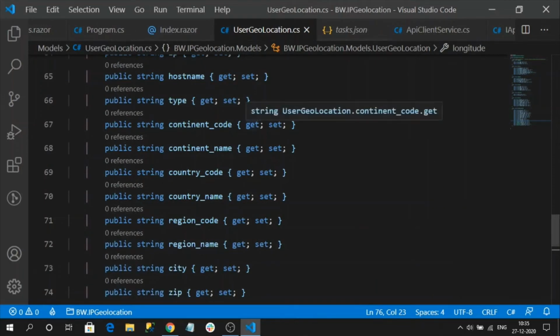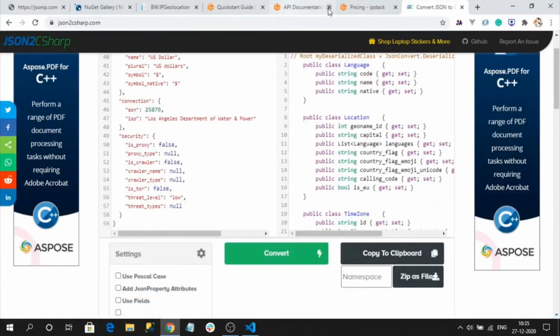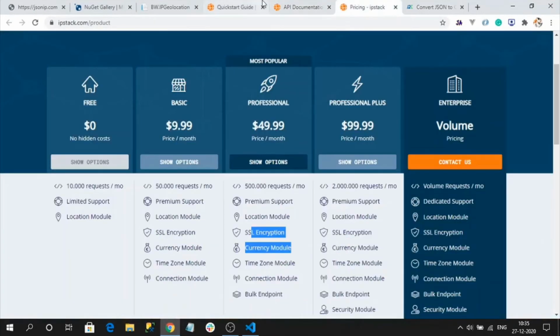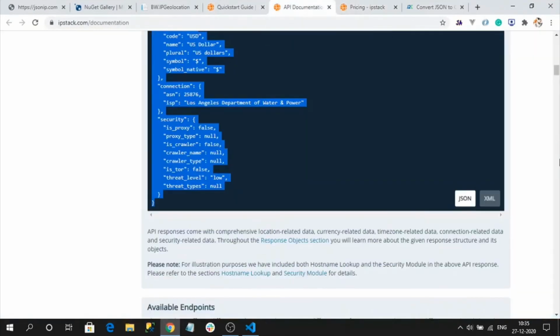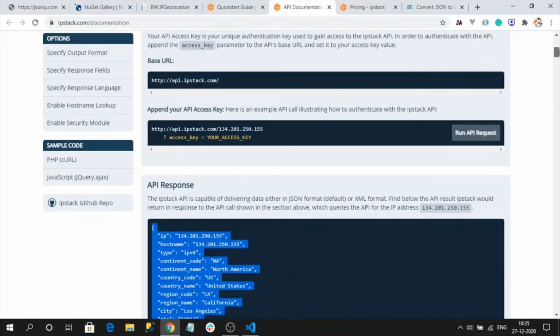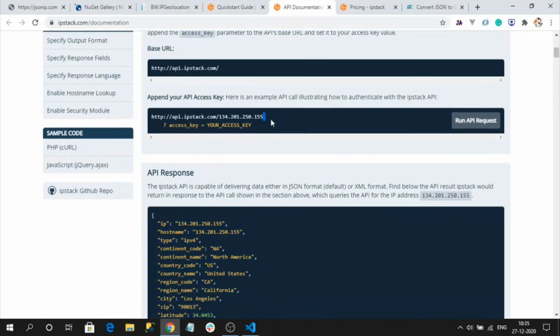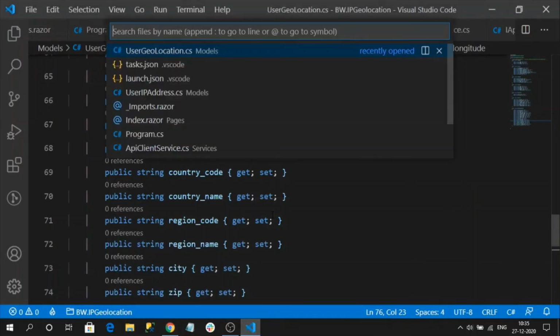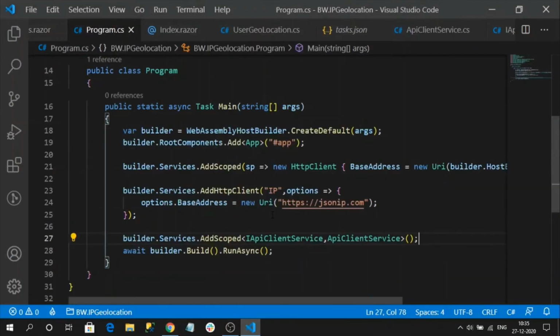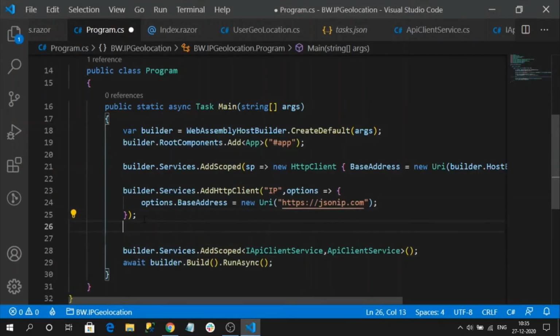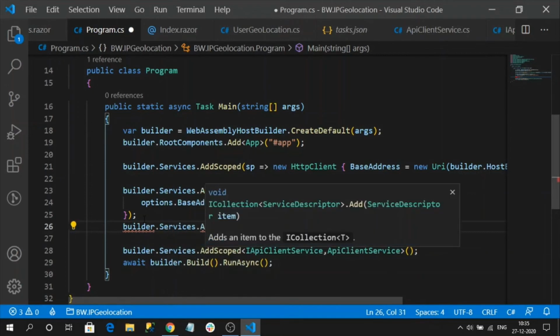For this, I need to use this endpoint. So now I need to register a separate HTTP client for this endpoint also. For that, I am going to the Program.cs file. Here I am going to register a new endpoint with AddHttpClient.